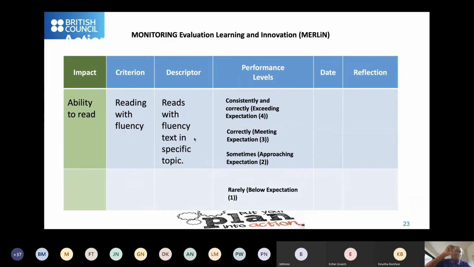You have to do 2 cycles or 3 cycles. You are advised to do a minimum of 2 cycles. So you do your observation, you sit, you review your action, you reflect, you change some of the things, then you do another cycle. Minimum 2 cycles, but some people do up to 4 cycles. If you do a 3-weekly cycle, 3 weeks, you take one aspect. When you do a cyclic approach, it gives you a deep understanding of what you are doing. It informs your decision, it deepens your practice, and you emerge with new things which you are discovering as you're implementing. So this is how the monitoring plan will look.